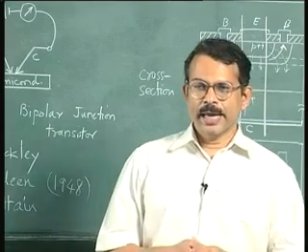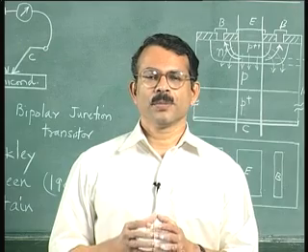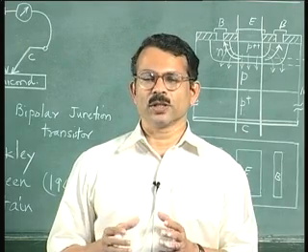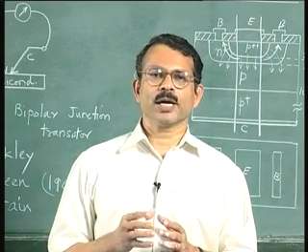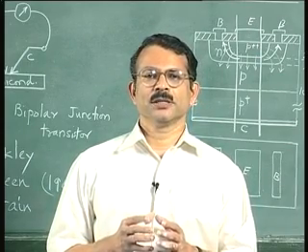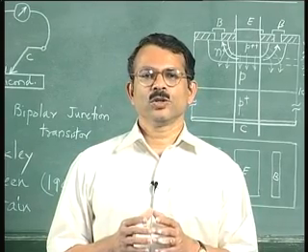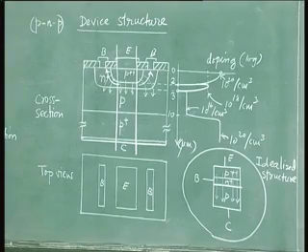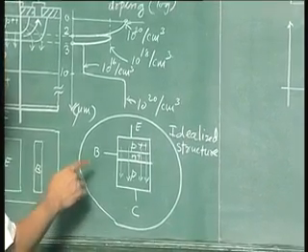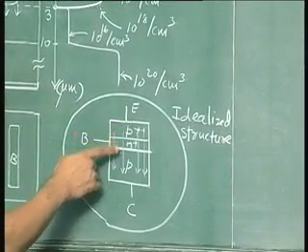Now although the NPN transistor is more often used than the PNP transistor, because the electron mobility is more than the mobility of holes, so the NPN transistor is faster and it can carry more current for given voltage conditions than a PNP transistor. Still, we use a PNP transistor to develop the theory. The reason for this is as follows. In a PNP transistor, the current is because of holes moving from emitter to collector, and you know that for holes the direction of the current is the same as the direction of the movement of the carriers.